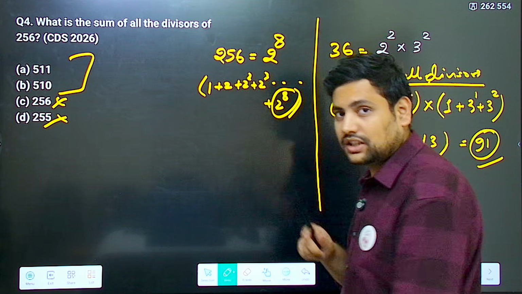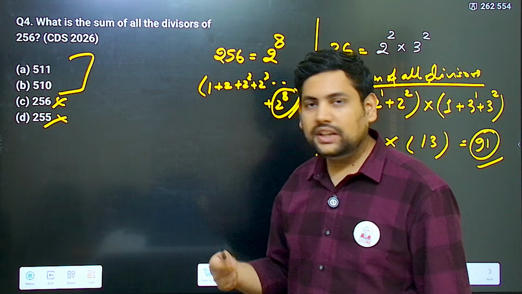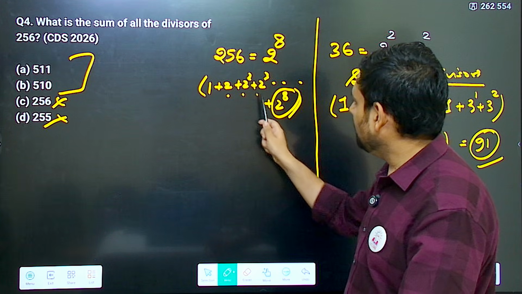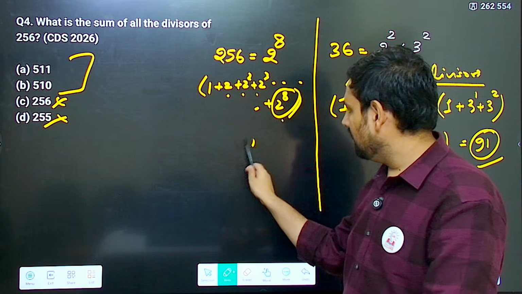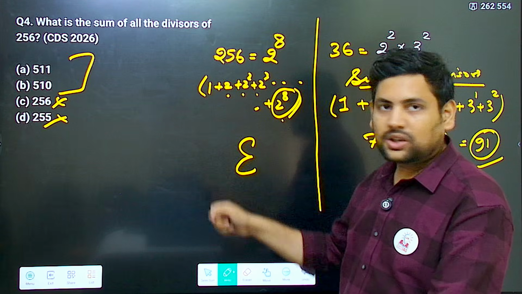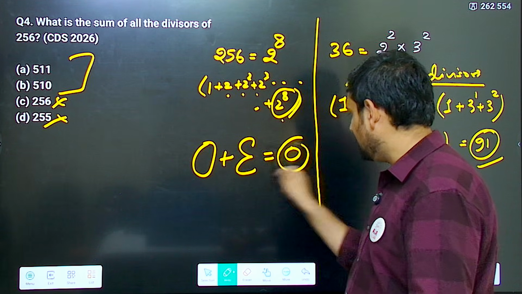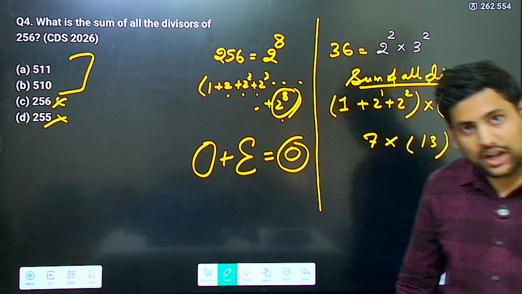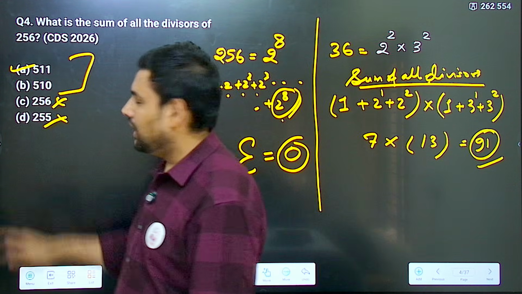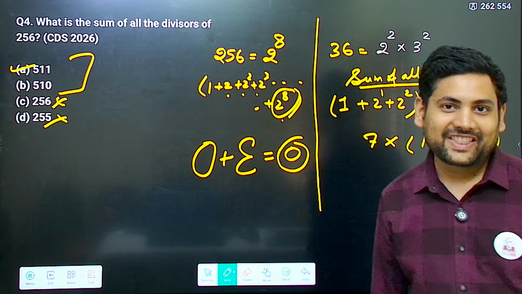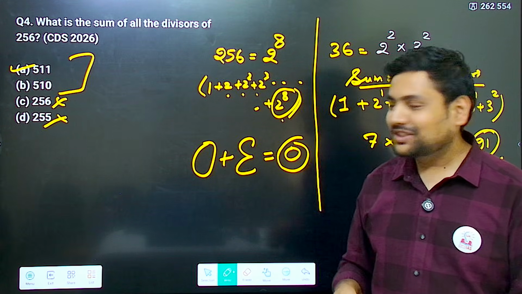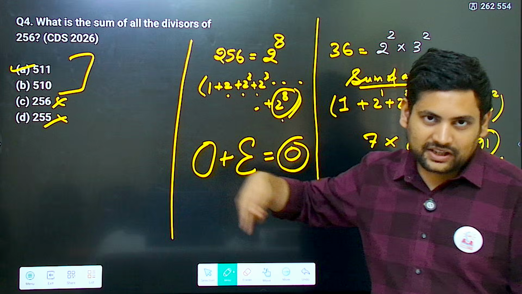Now see how I use the odd-even concept. All of them will be even. So some will be even, but one is odd. So this becomes odd plus even. Odd plus even is odd. So the answer has to be odd. Answer is 511. Understood? So the first time I saw this question,